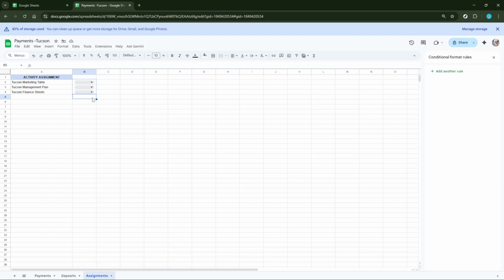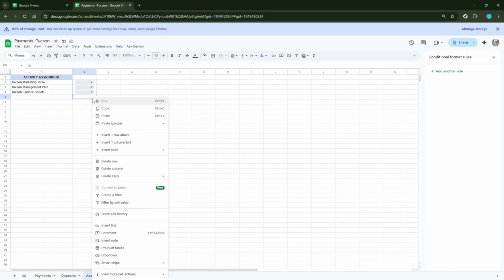With your target selected, it's time to paste. This isn't just your regular paste operation because we need to specifically target the drop-down settings. So, go ahead and right-click on the selected area. Doing this will open up a menu with various options. Now, hover over the Paste Special option, which will open another submenu. Here you need to choose Paste Data Validation Only. By selecting this, Google Sheets will apply only the data validation rules from your copied cell to the new location, rather than any text or numbers.